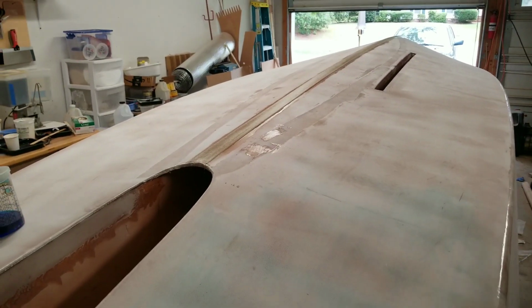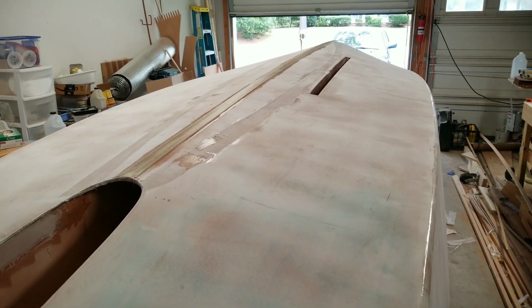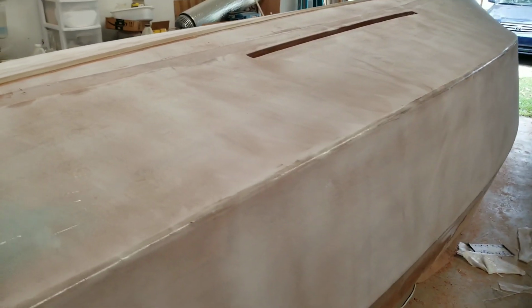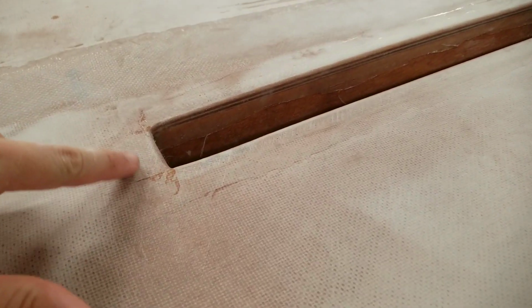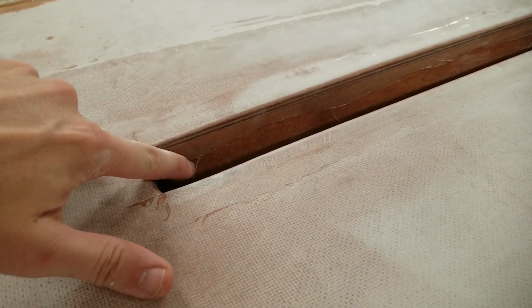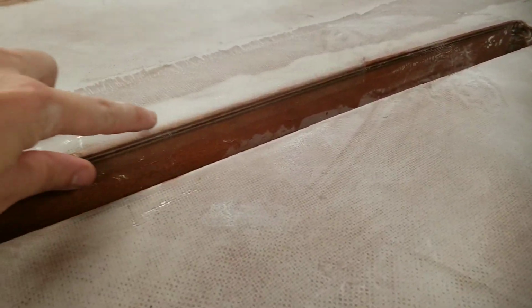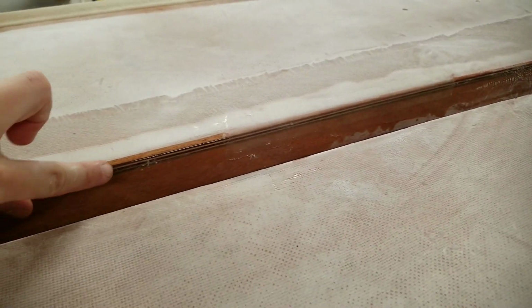Welcome back. It's Saturday and I am working on sanding the hull. Pretty much I've gotten the initial sanding done, and I'll start with the centerboard trunk. I did end up putting a layer of fiberglass over these corners. Some areas it worked, to fold in the hull glass into the trunk, but other areas it didn't work and